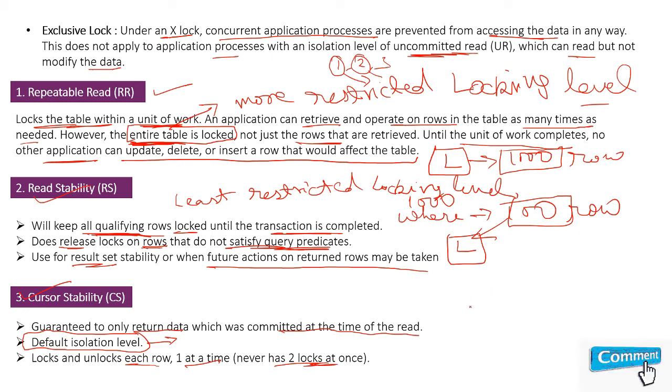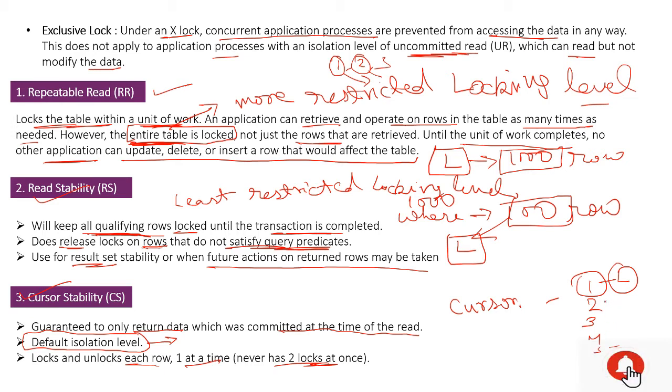What it does, like you have a cursor, and there are like 10 records, 5 records. So what it will do, it will fetch the first record, or update the record, so it will lock this one only. But others will be unlocked. Means other four will be released.